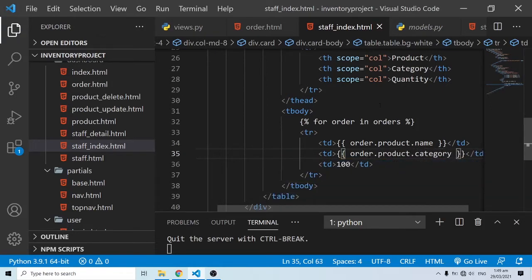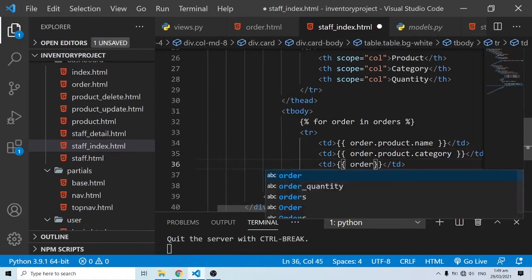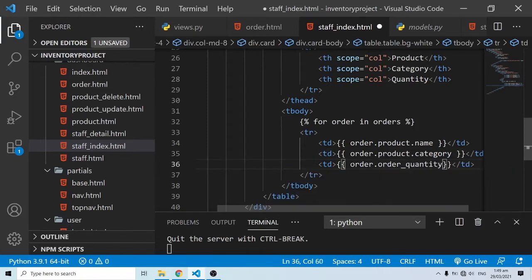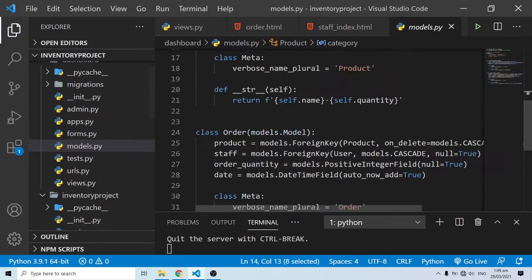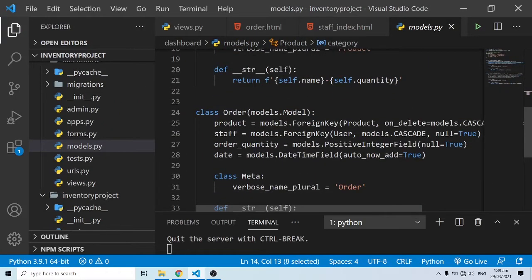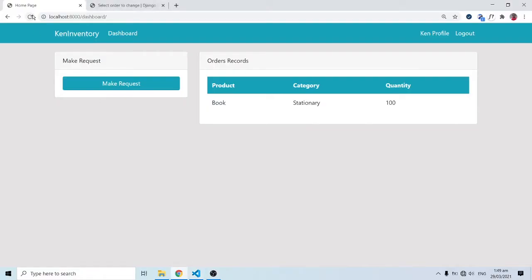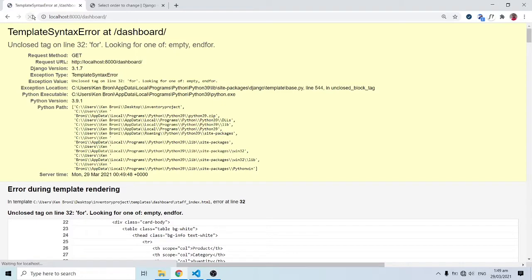All right, and the quantity is also going to be, I think this is order.order_quantity. I like to think so. Let's go into the models once again, and we have order quantity over here, so we can have direct access to it here. So now if I come back here and refresh our page, it says we didn't close the